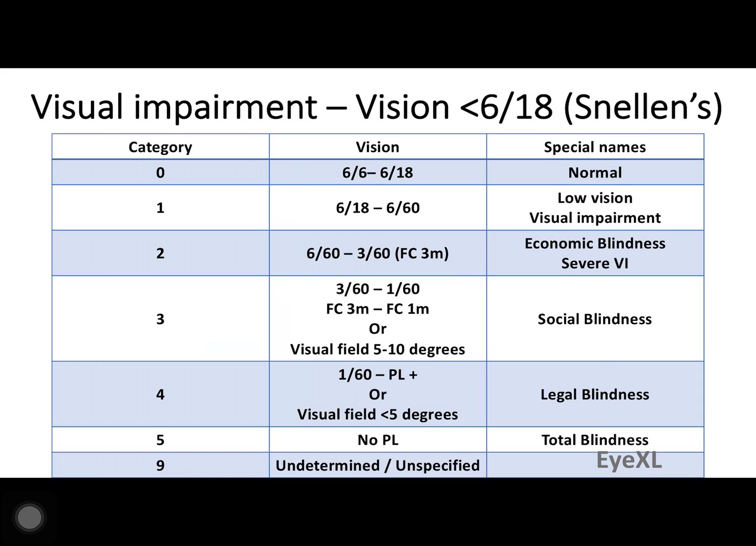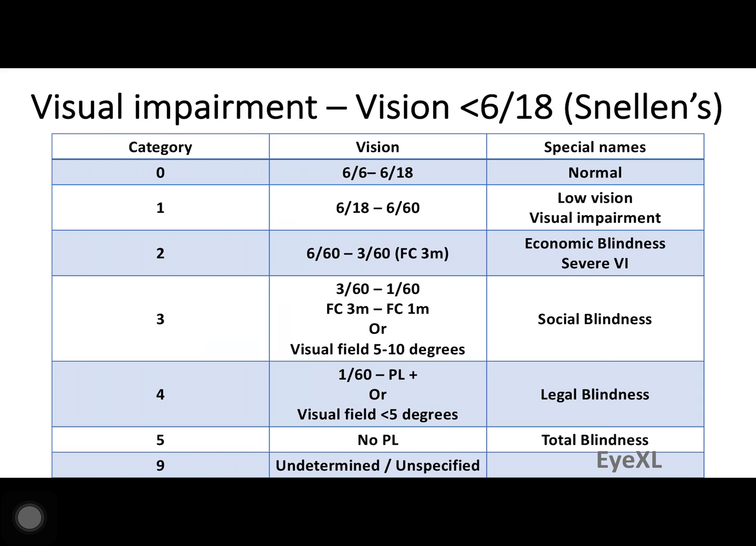It pretty much means the same, that an object is visible at 3 meters. So 3 by 60 is the same as finger counting at 3 meters. This is also called economic blindness in certain countries, and severe visual impairment is also a term used for category 2. Let's come to category 3, a little more worse than this, 3 by 60 to 1 by 60, which